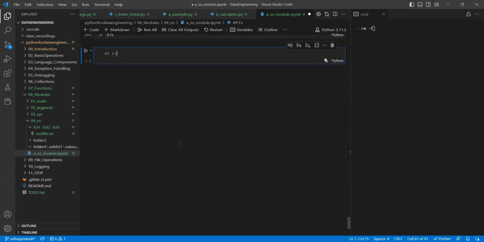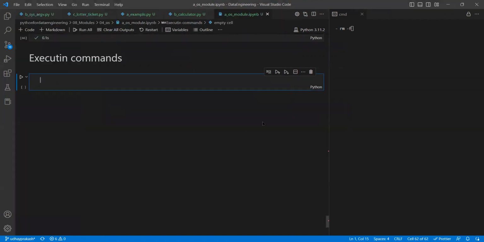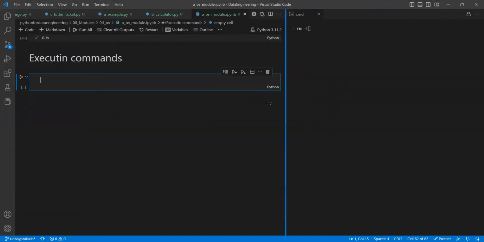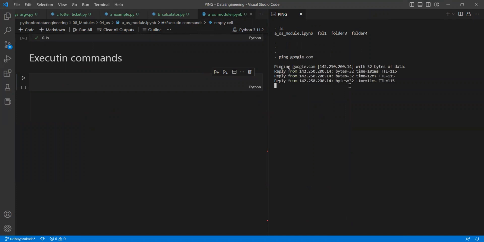Executing commands is another big thing. So till now, if you want to execute any commands, I told you earlier also, now also I will tell. Hope you remember, in any terminal, if you want to execute, there are commands like ls is one thing, dir is another thing. So like this, commands are there. Not only that, there is something called ping. You want to check whether you can connect to Google or not. You do ping google.com. Or if I say ipconfig,